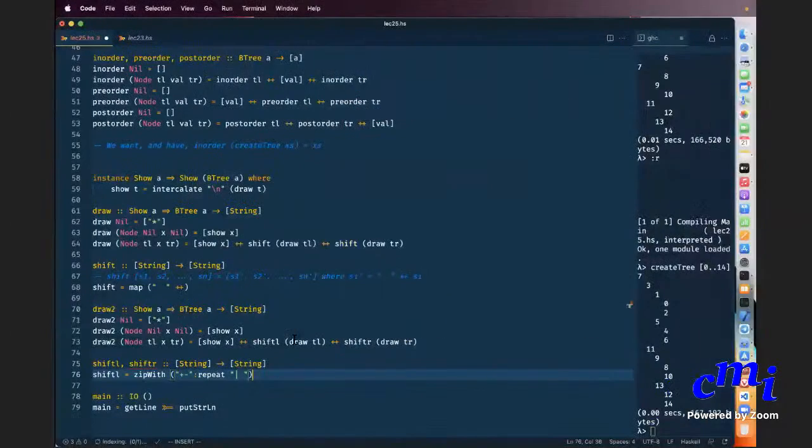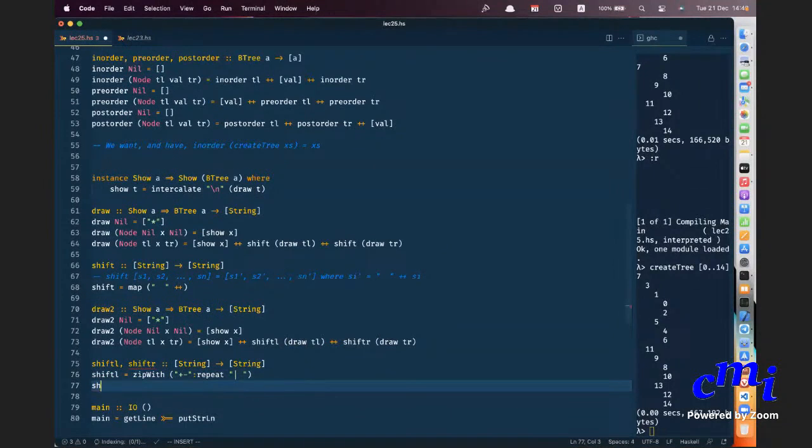And for shiftR, it will be ++, I'm using some backtick hyphen followed by two spaces. That's it. So now, here, instead of saying draw, I can say draw2.